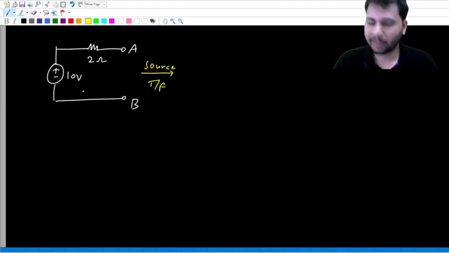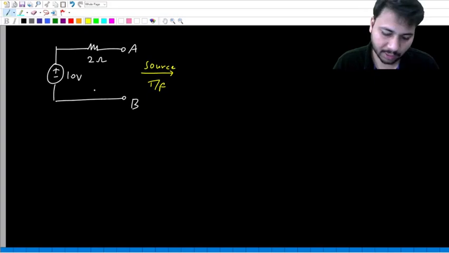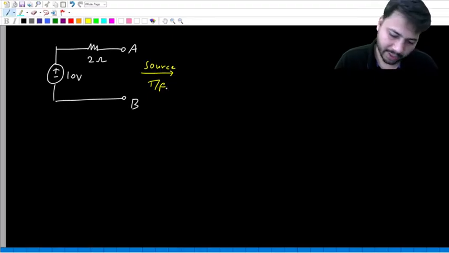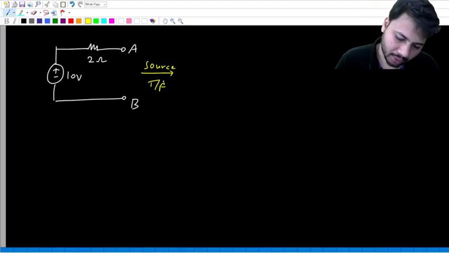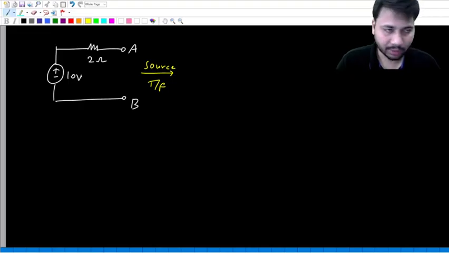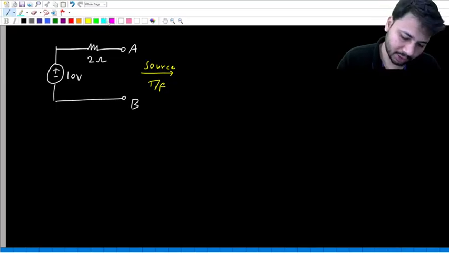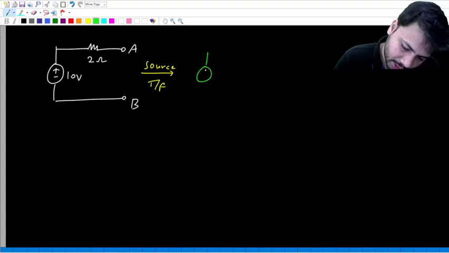So let's say initially we have a 10 volt source in series with a 2 ohm resistor, and we would like to perform this source transformation. When you do source transformation, the voltage source will become a current source. What is the value of the current source? 10 volts by 2 ohms, which is 5 amps. So it becomes a current source of value 5 amps